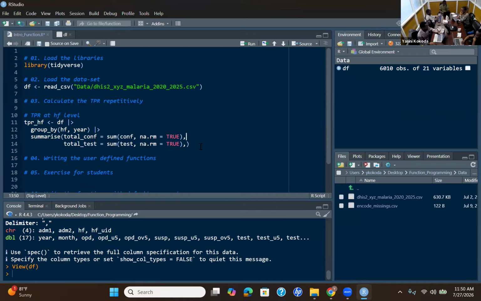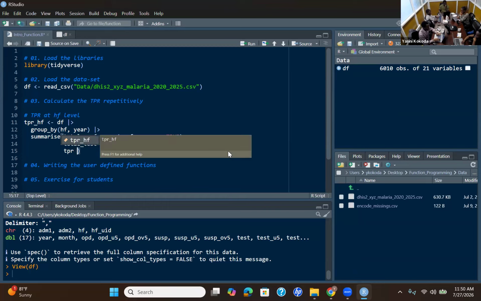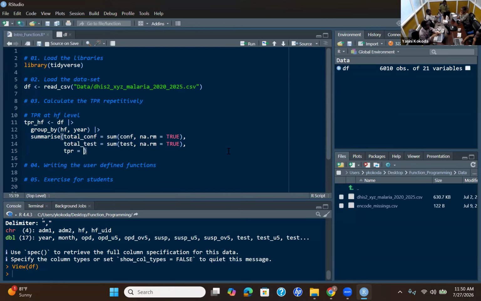So after getting the total for each year, for each health facility, we now want to get the TPR. The TPR is equal to the total confirmed, remember we said, is the proportion of total confirmed cases to the total tests.